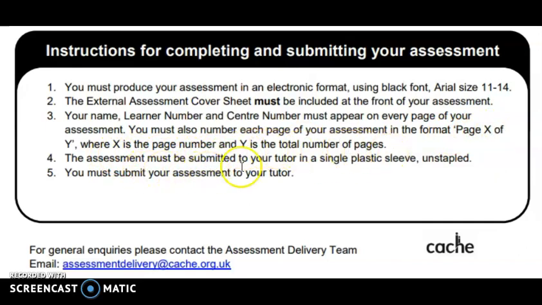where X is the number of page and Y is the total number of pages. This assessment must be submitted to your tutor. It says in a single plastic sleeve and unstapled. This was when it was done in a physical format. At the moment, you need to submit it in an electronic format to your tutor under Teams, external task assessment